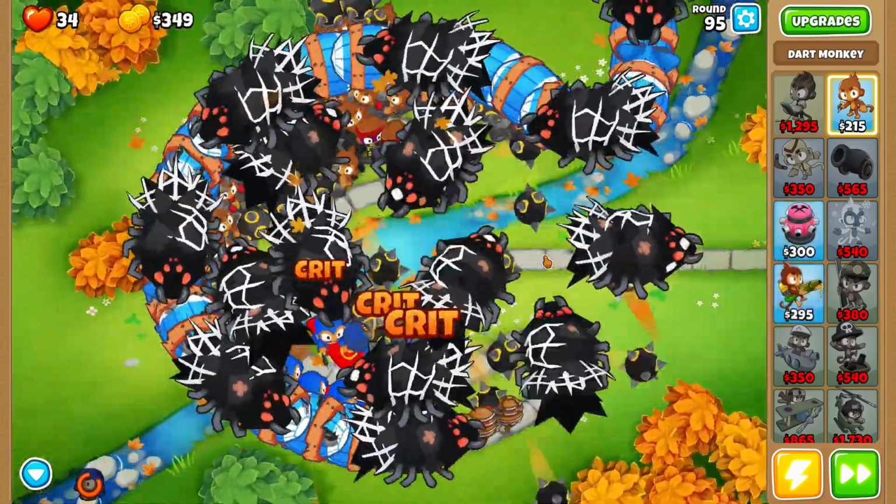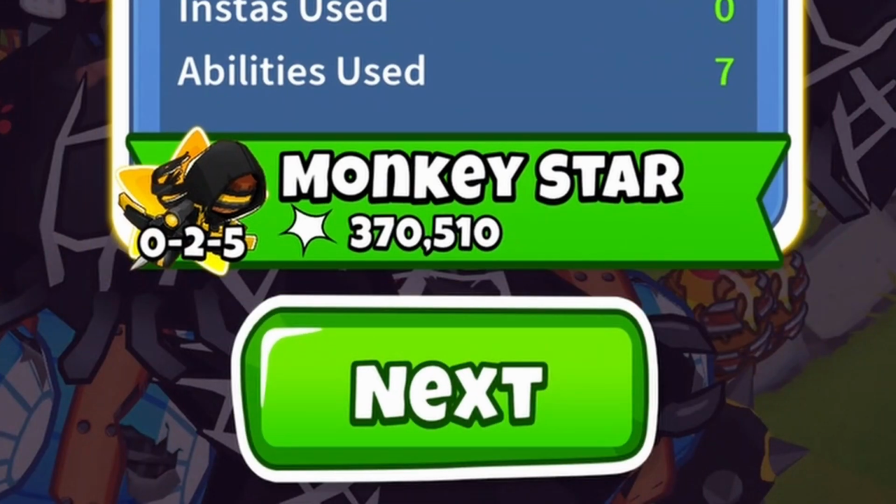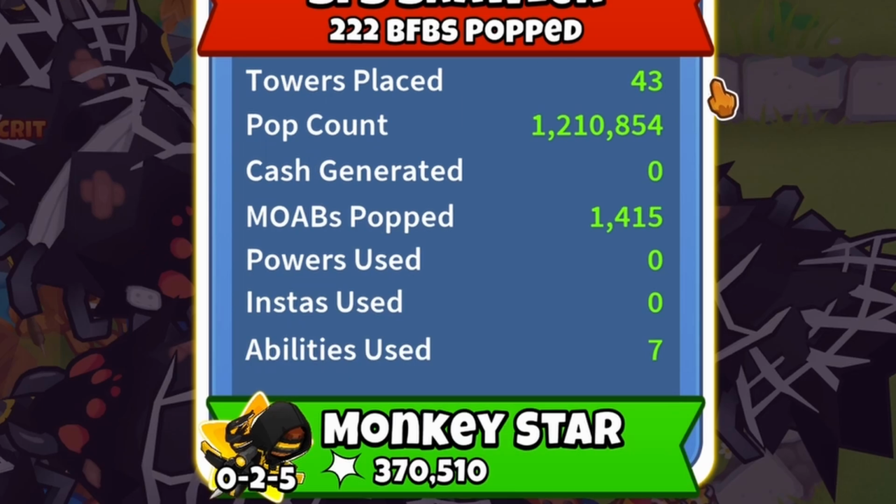Well, there you have it. Round 95 and we're dead, but we reached over 300,000 pops with our dart monkey for a total of 1.2 million. But we can do better than that, because in this video, I take on Bloons Tower Defence's biggest boss,